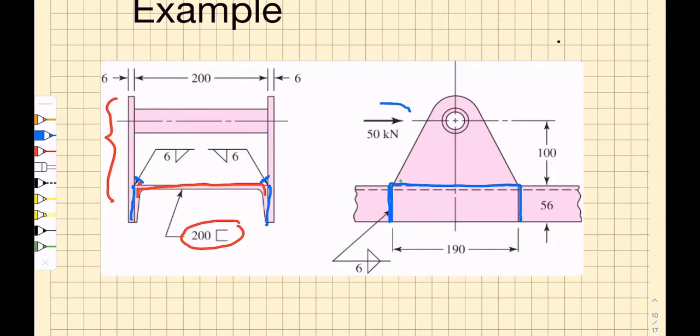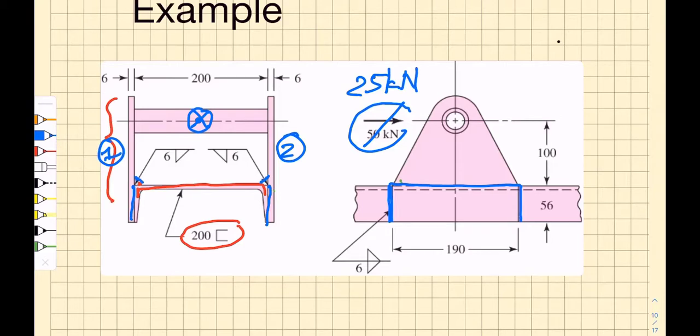We're applying a 50 kilonewton load at the center of the bracket. So we're going to assume that that load is equally shared between the two sides. Side 1 on the left here and side 2 on the right. And we're just going to look at one of those sides, and we're going to apply a 25 kilonewton load to that side at a distance of 100 millimeters above the top of the U channel. We have other dimensions, and that is the span of the bracket is 190 millimeters. The height of the U channel, 56 millimeters, and as was just mentioned, we are 100 millimeters above the top of the U channel, where we are applying a force of 25 kilonewtons to each side.